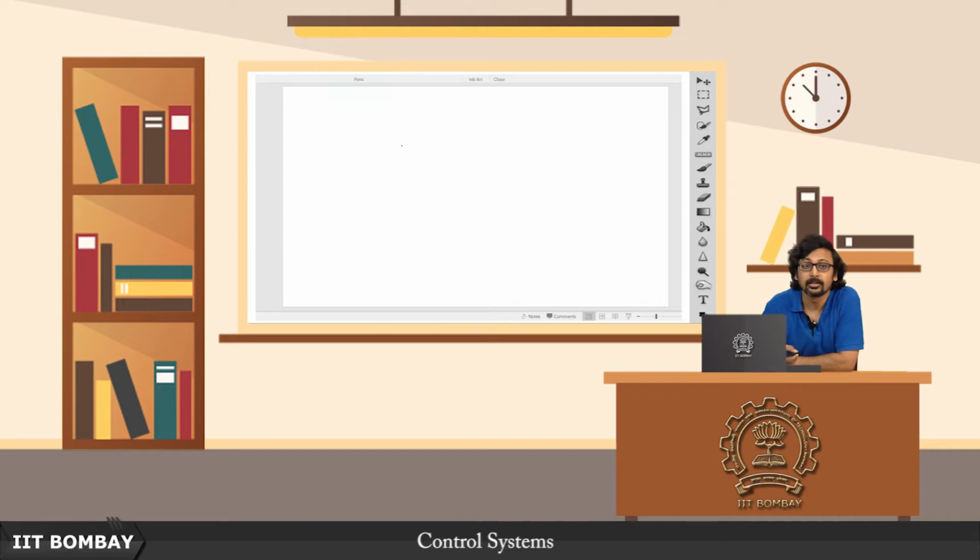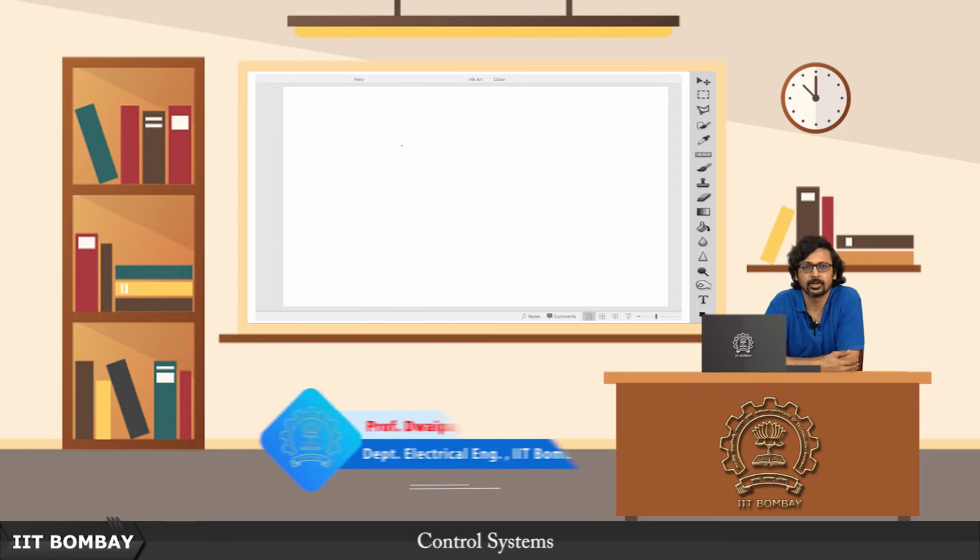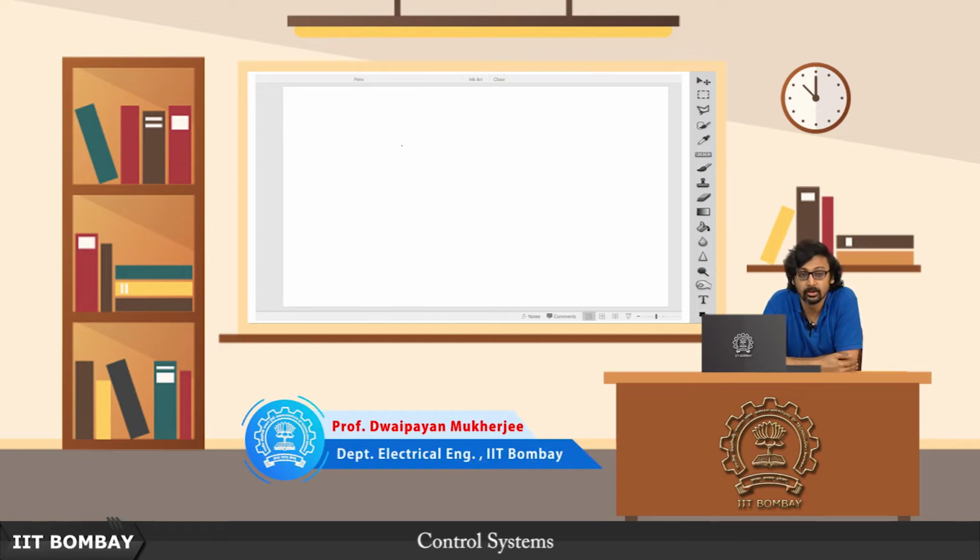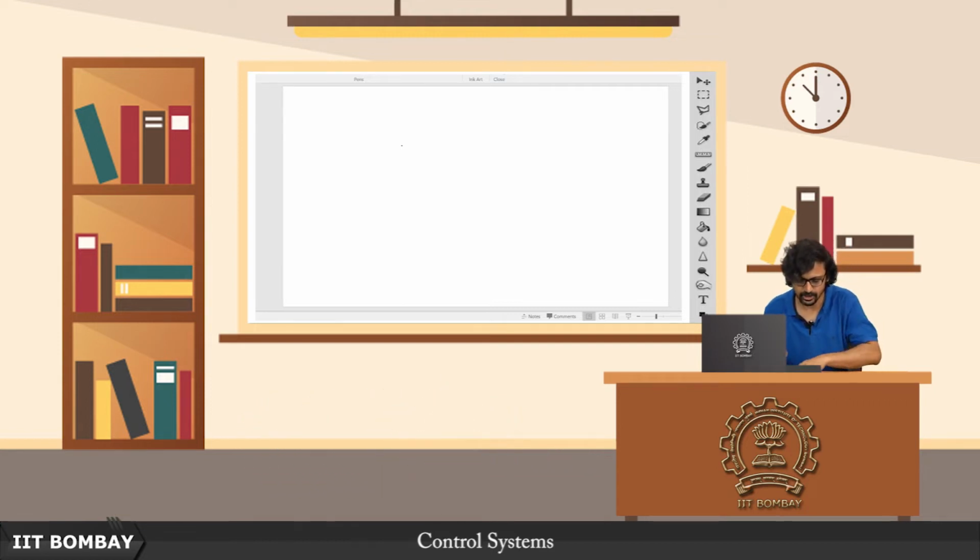Hello and welcome to another lecture of this course on control systems, and we will continue with our discussions on this Routh-Hurwitz criteria that we started off about 2 lectures back. So towards the end of the last lecture I tried to put in a number of facts together to give you a complete picture. So let me quickly summarize those facts,